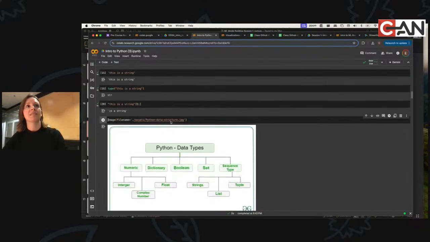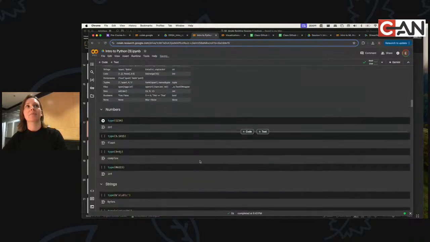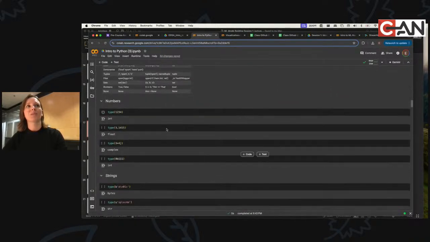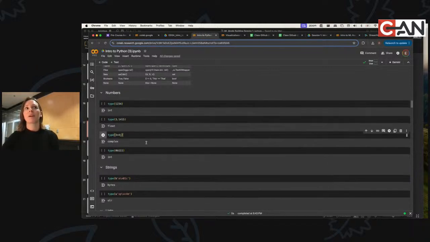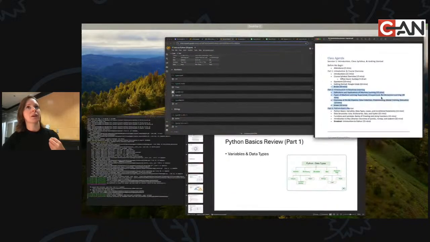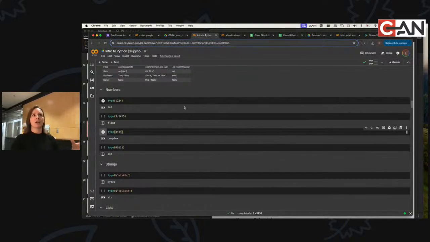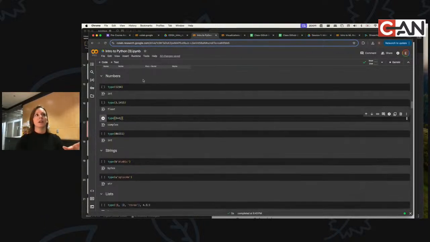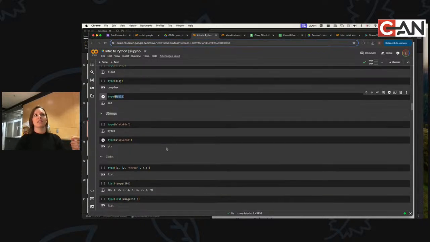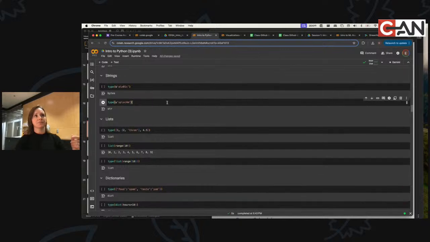Okay, so I have these laid out in a more structured way than that hackneyed explanation. If you scroll through this notebook, you'll see that for numbers I walk through a couple of different examples. All of this is from the Python book I recommended in the syllabus, Think Python. If you check out that book, you'll see all of these in there. You can run type on these different values and understand that they're all represented as ints for different reasons.